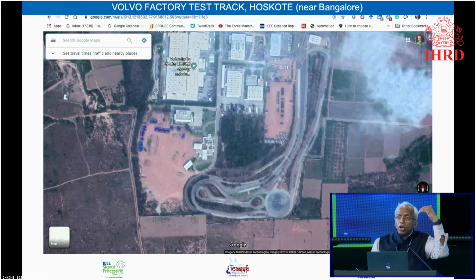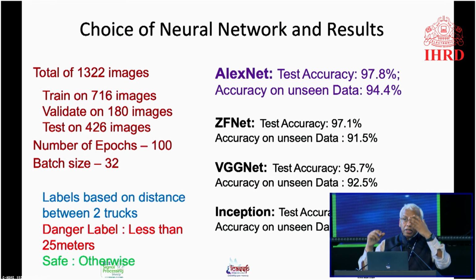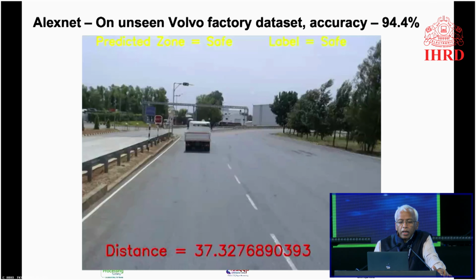So we used a lot of videos and then used neural networks, basically, there is a neural network called AlexNet, etc. and tried different networks and found that a certain neural network gives you good accuracy to determine the truck in front of you. So I'll show you a